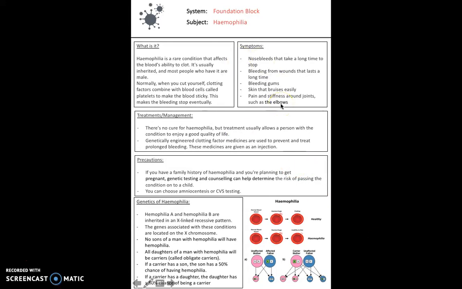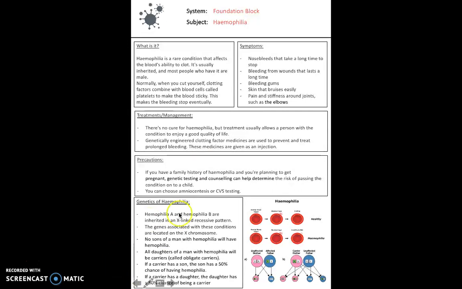Normally when you cut yourself, obviously clotting factors combine with blood cells called platelets to make the blood sticky and cause the clot and eventually stop the bleeding. So symptoms of haemophilia tend to be when the patient is bleeding and they realise it takes a long time for the bleeding to stop, such as in a nosebleed. There's no cure for haemophilia, but treatment usually allows the person with the condition to enjoy a good quality of